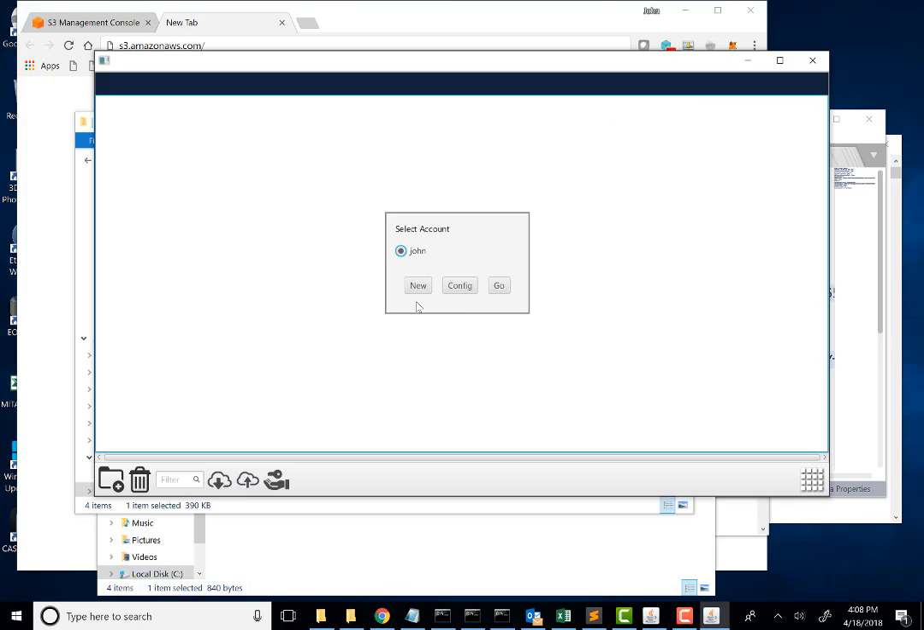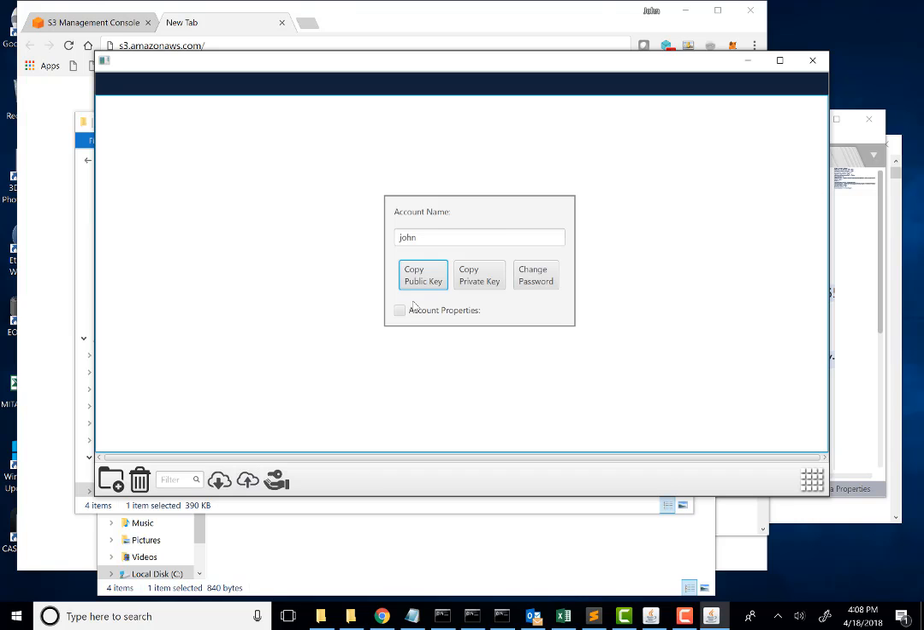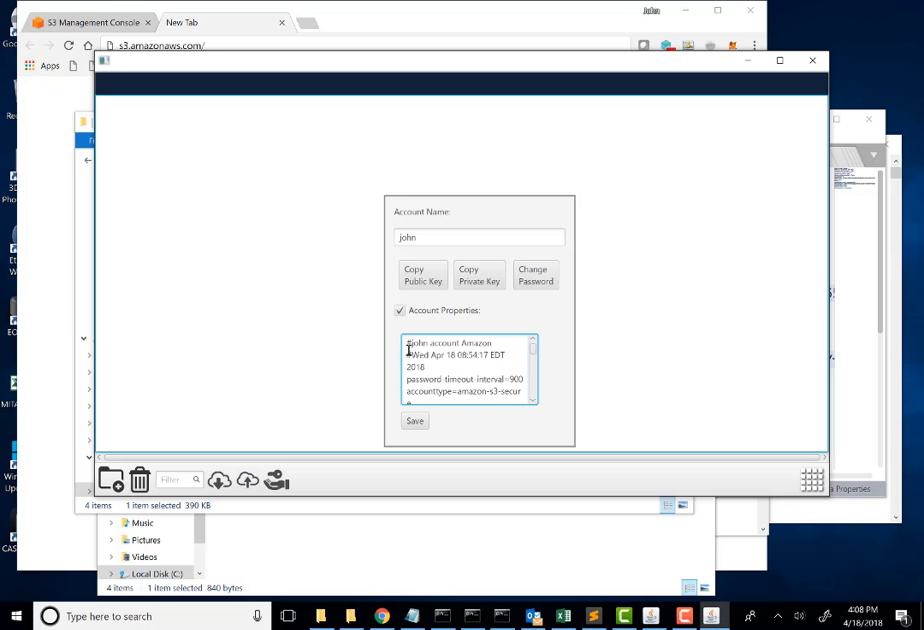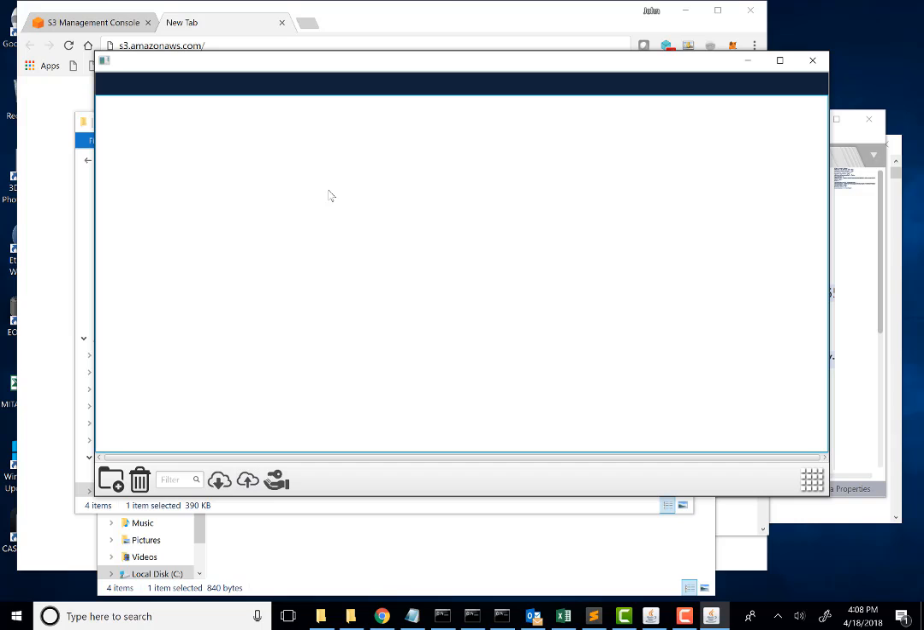Okay, here we are. Now I need to go to the config. And here, the account properties, I need to paste in here what I just copied, okay? And save it and escape. Okay, now that's completely set up,